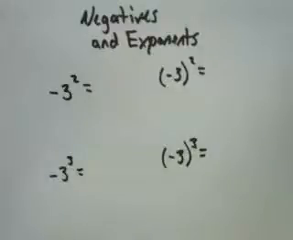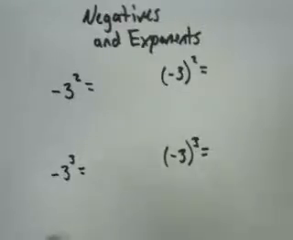I have four unique different exponent problems here. For the top row we have negative 3 squared, or negative 3 to the second power, and negative 3 in parentheses to the second power. In the bottom row I have negative 3 to the third power, and negative 3 in parentheses to the third power. So the thing to remember, and the thing that we're going to discuss, what makes these